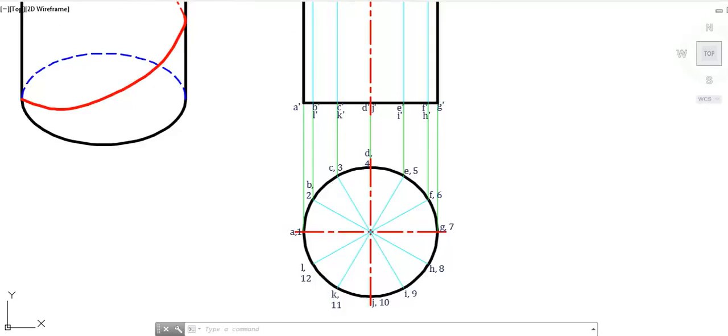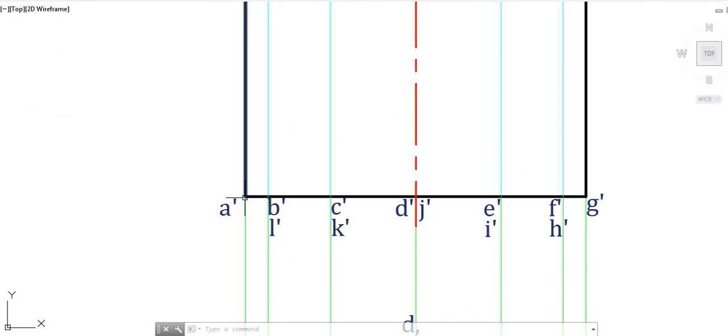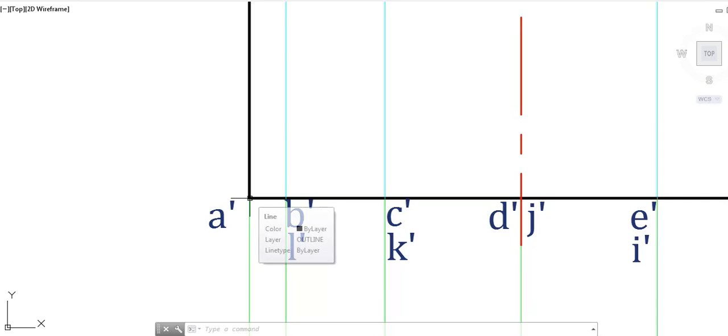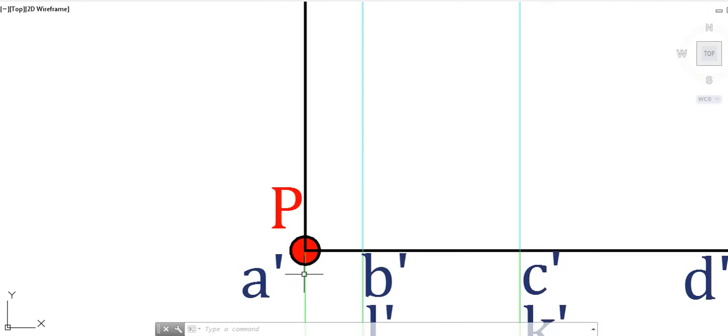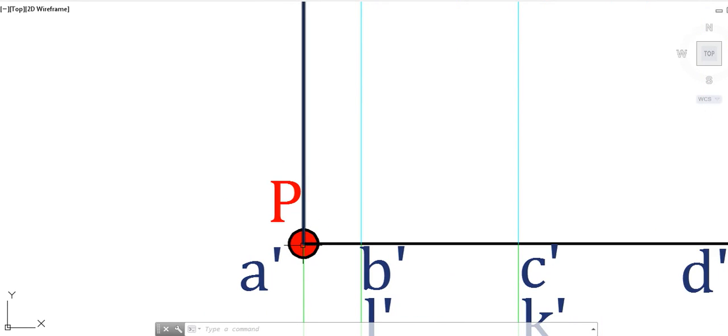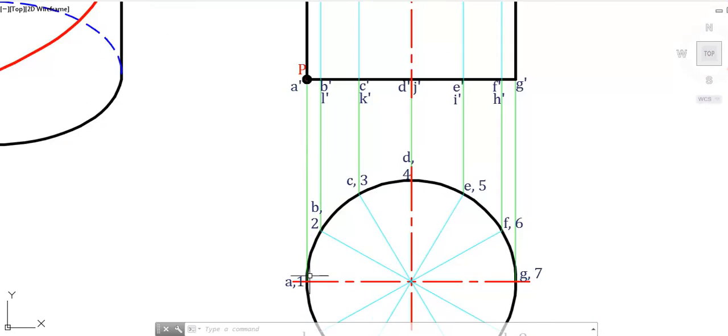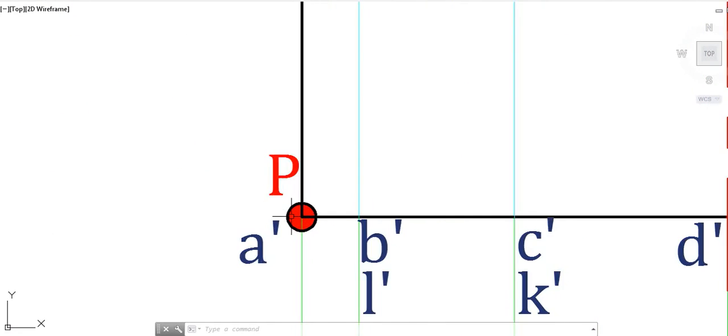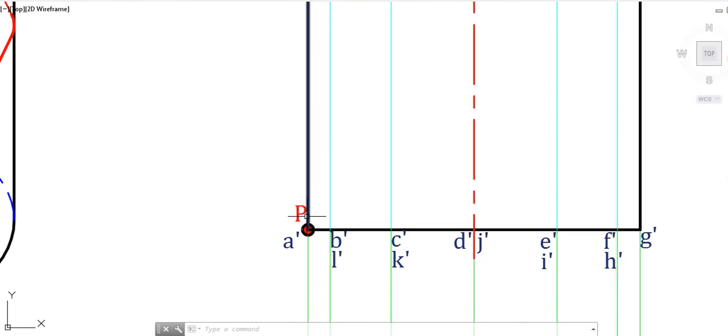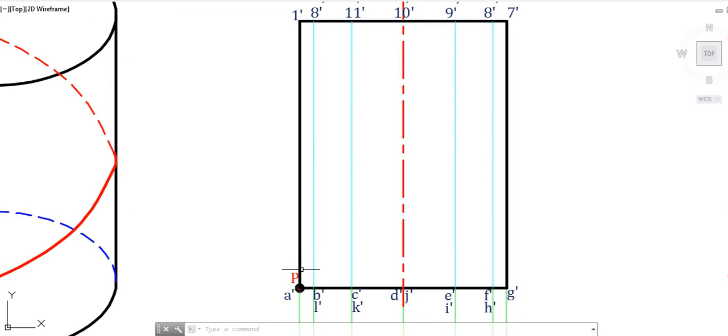Let us assume the point at A and name it point P. As you can see, the first point I have marked at the bottommost circumference is point P. As it starts moving along the helix path, it will rise in height.